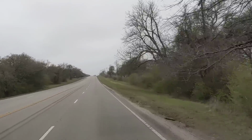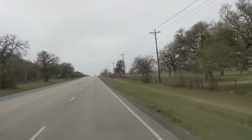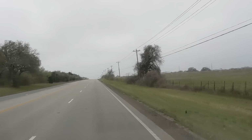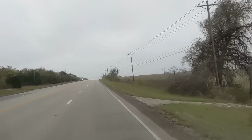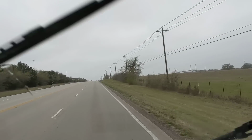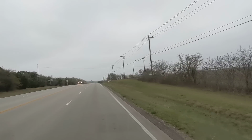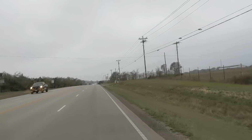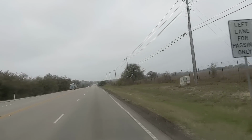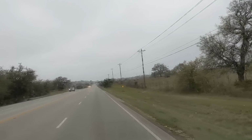Anyway, what else can I tell you? Let me say this about my Class C RV. I have a 2021 Thor Four Winds 22E, and it's got the Chevy chassis. Let me say some things it doesn't have that I'm glad it does not have. Now, a lot of you enjoy these things. I don't like to have them; the less I have, the less that can break or go wrong. So this is a base model,